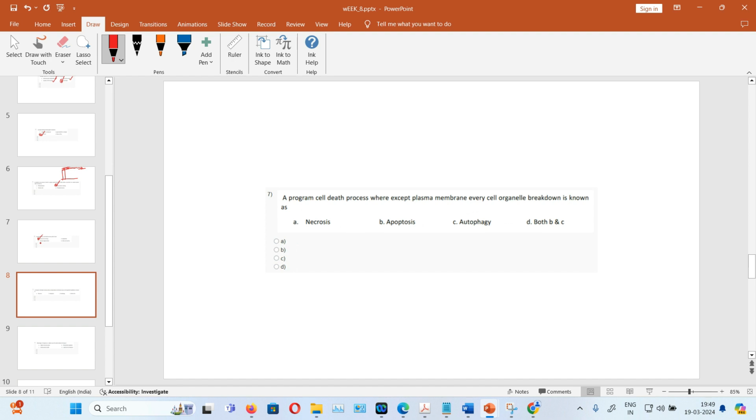A program in which a cell death process where, except the plasma membrane, every cell organelle breaks down is known as. So this is one method in which the cell organelles are getting broken down, and there are other methods. These are different methods to destroy a cell, so that cell organelles can break down, or even the plasma membrane can break down. If the plasma membrane is breaking down, you can call that necrosis. But in the case of cell organelles getting broken down, that is called apoptosis. Okay,